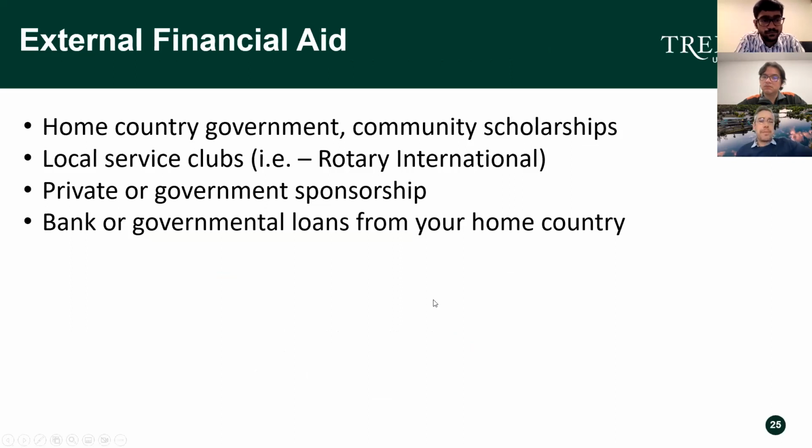Obviously, in addition to scholarships and working, many students seek external financial aid. This can come in one of various ways, but it also can't come through some ways. So I'm going to begin by talking a little bit about where you won't be able to get money from. There's a program in the province of Ontario called OSAP, the Ontario Student Assistance Program. Canadian students often use this, and it's a government loan essentially to pay for an education. Unfortunately, international students are not eligible for OSAP, so you won't be able to get funding from the Canadian government,